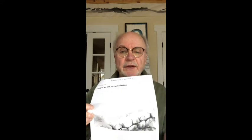So to create the snow in this painting, we've had to define the rocks and we had to define the mist behind, or the cloudiness behind. And what's left then is the snow. So we'll practice that today, and then I have a second piece